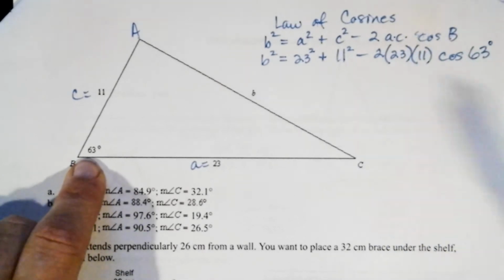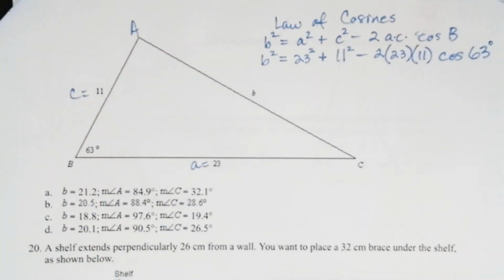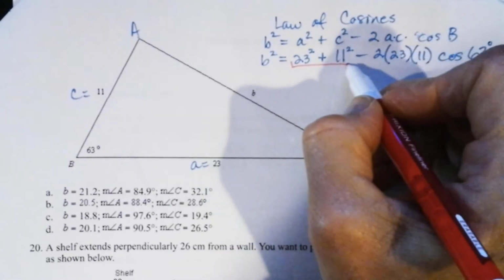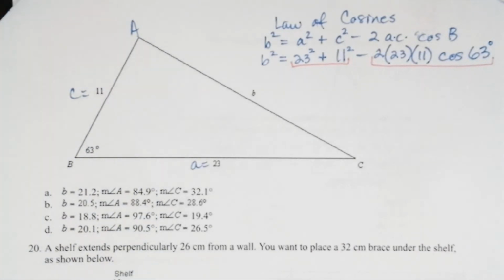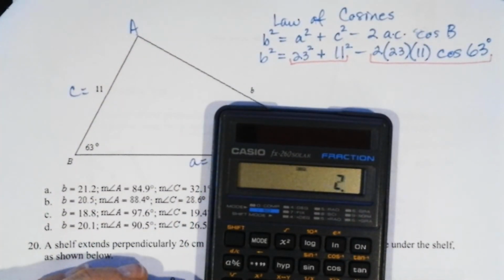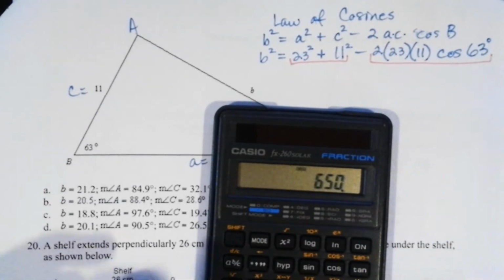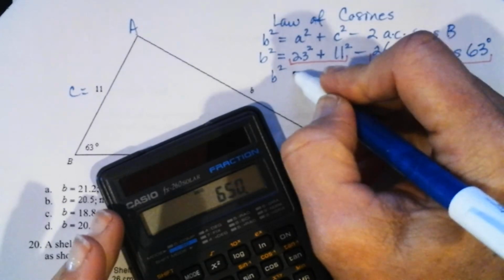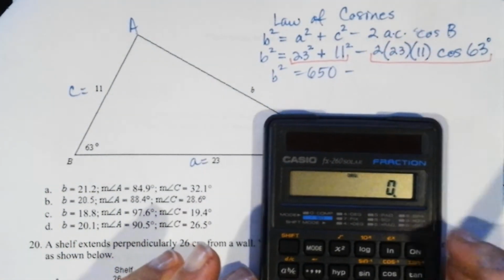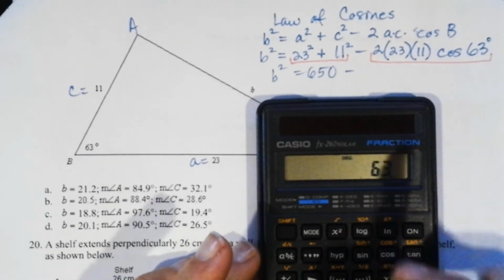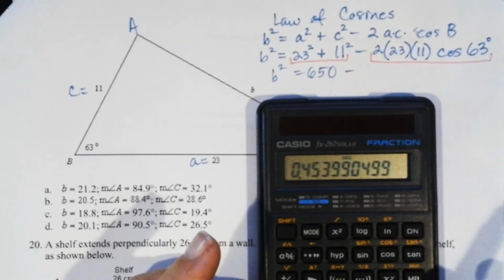63. Again, this is a bunch of calculation. So what I'm going to do is I'll do these separate and I'll write them down. In case I make an error, it'll be easier than starting all over. So 23 squared plus 11 squared gives me 650 for that first part. And then this here, I'm going to start with my cosine, 63 cosine times 11 times 23 times 2, and I get